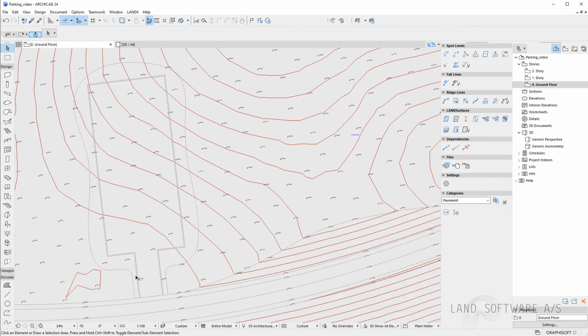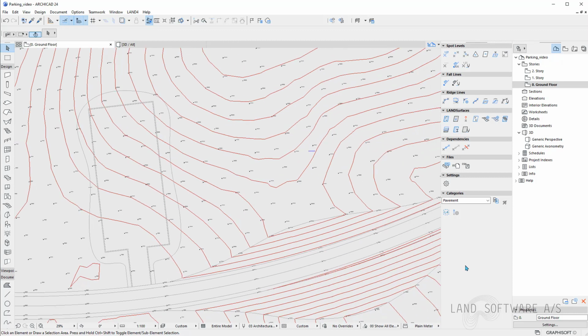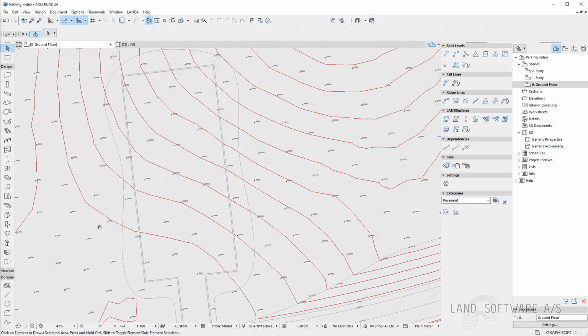Now having the overview of my pavement, I can start constructing the parking. Of course, this is not necessarily the right order, but I just wanted to have my pavement overview before.